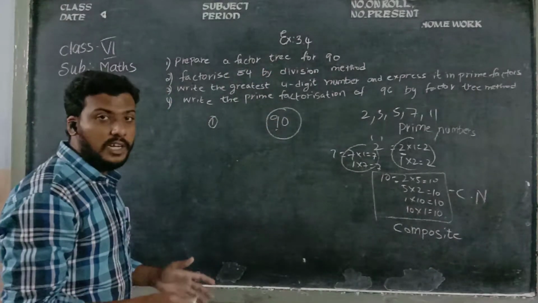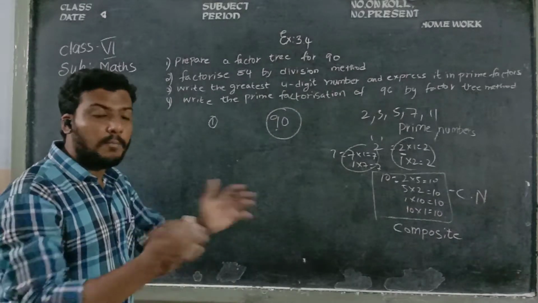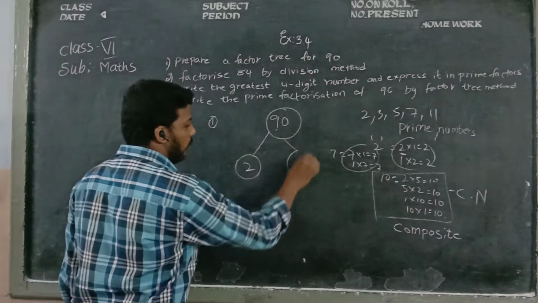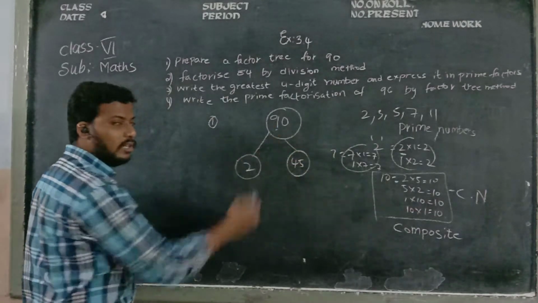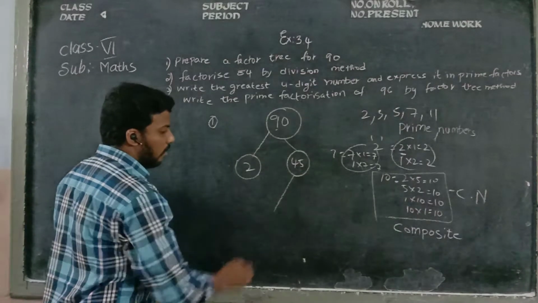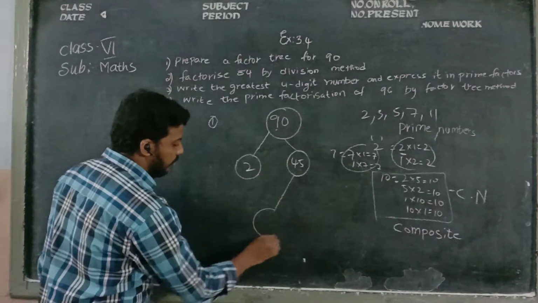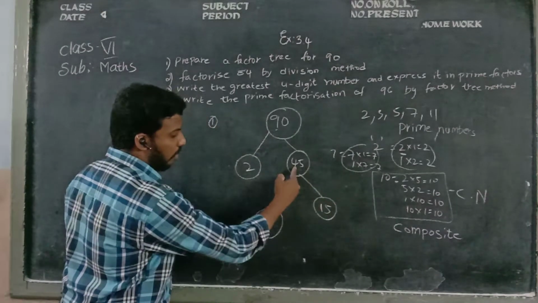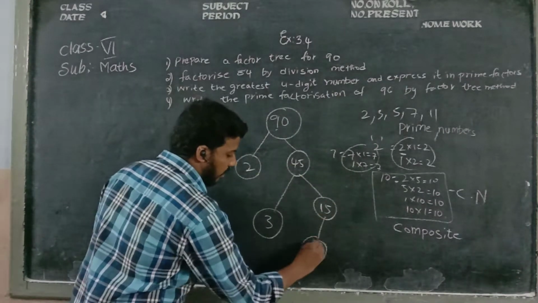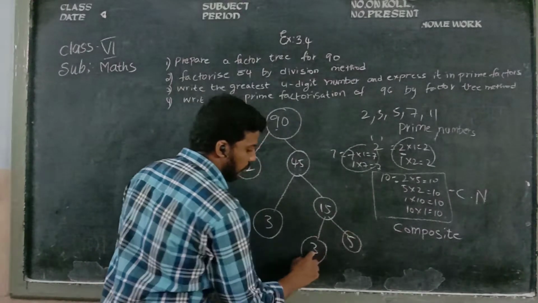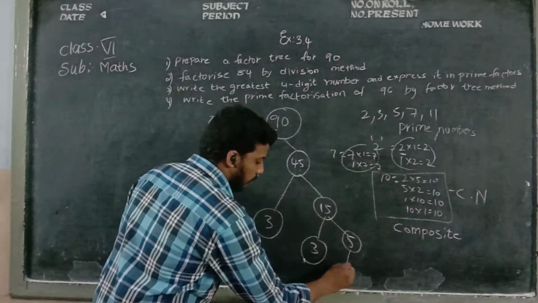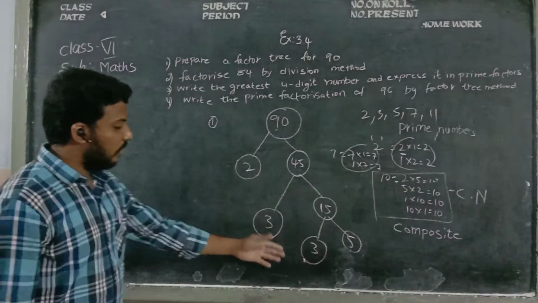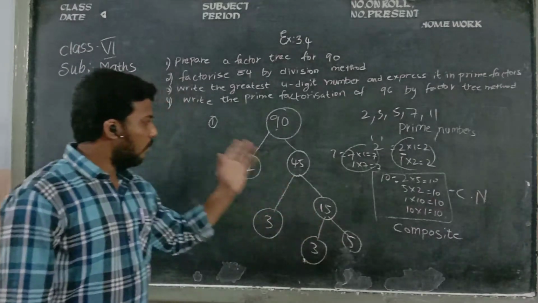In a tree, you know, a tree has branches and branches have sub branches like that. 90 gets divided by 2 into 45. 2 45s are 90. So here next 3 into 15. See, children, 3 15s are 45. Then next 3 into 5. 3 5s are 15. No problem, you got the answer: 2, 3, 3, 5.